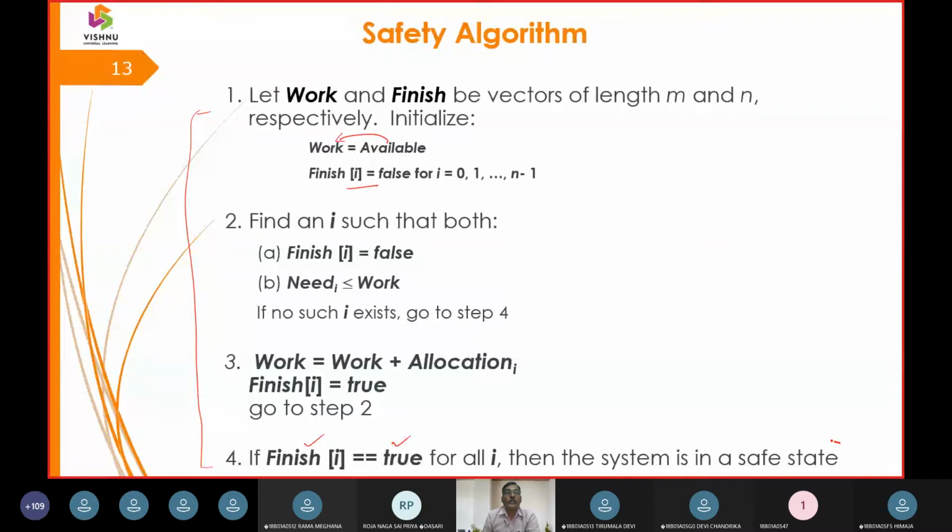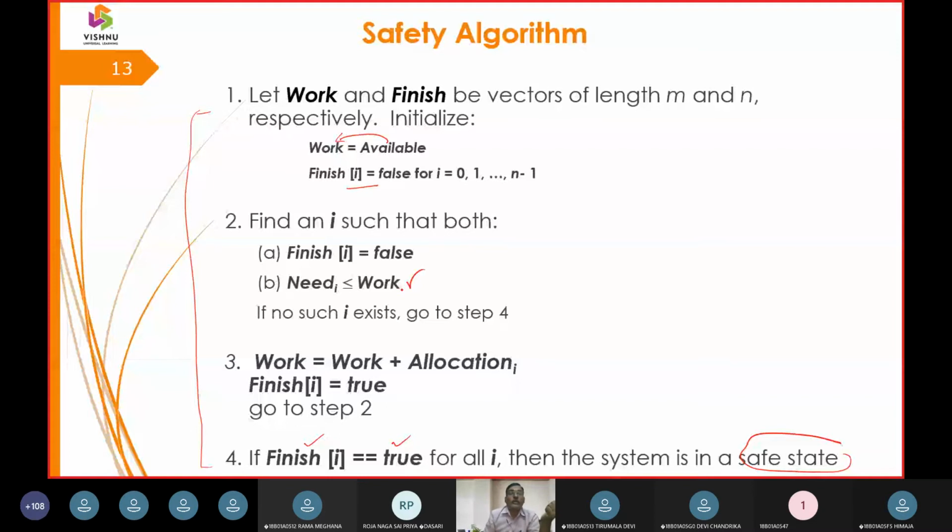Next we have to see whether need is less than or equal to work. If need is not less than or equal to work, obviously, if I have 10,000 and you are asking me for 15,000, I can't give you 15,000. My total maximum was only 10,000 and you are asking for 15,000, which is ambiguous. The Banker's algorithm, the operating system's resource allotment, will work only if there is ample availability, that is, need is less than or equal to work. If so, it is going to honor that.